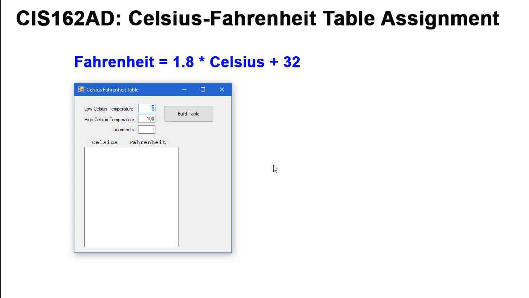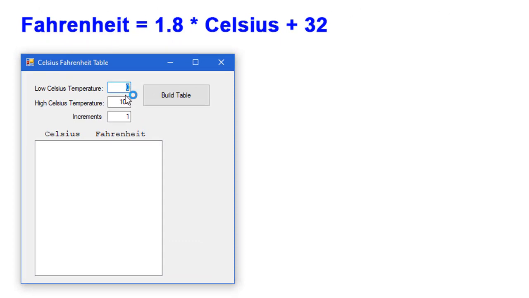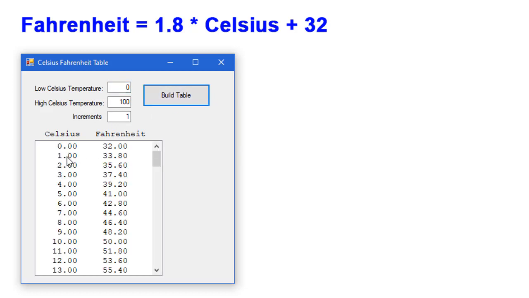The Celsius Fahrenheit table project allows the user to enter a low Celsius temperature, in this case my default is 0, and a high Celsius temperature, and I put a default in 100, and the increments at which we want to generate this table, and the default here is 1. So I can click the build table, and it's going to show me the Celsius temperature and the corresponding Fahrenheit